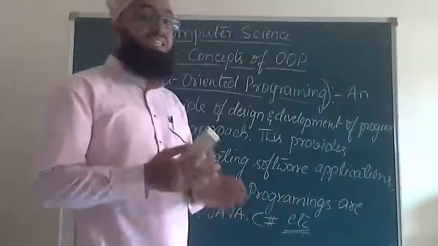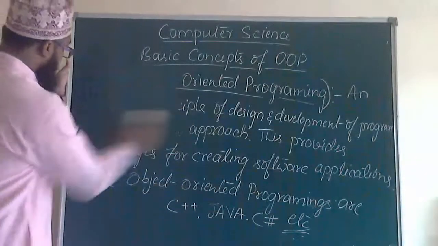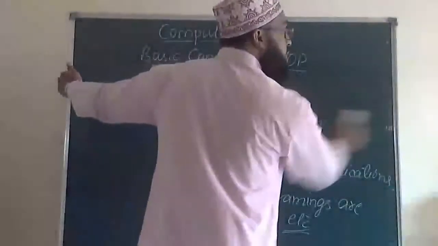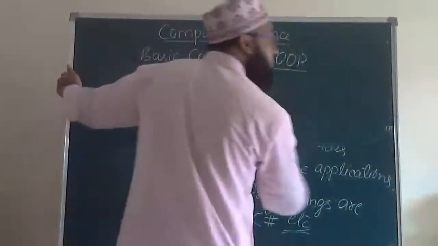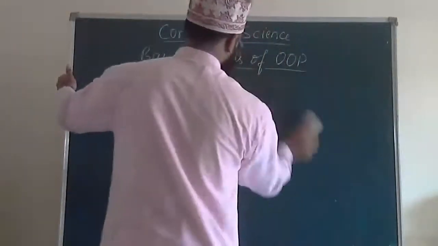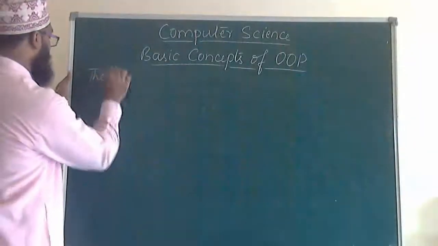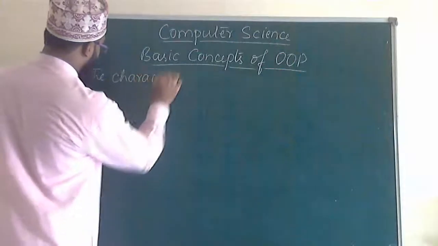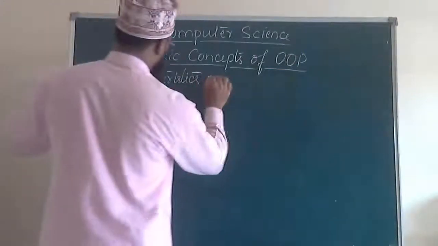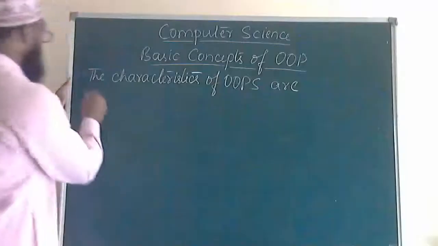Now we shall see which are the characteristics of object oriented programming. Here, a few are the characteristics of object oriented programming. The characteristics of OOPs are, the first one is